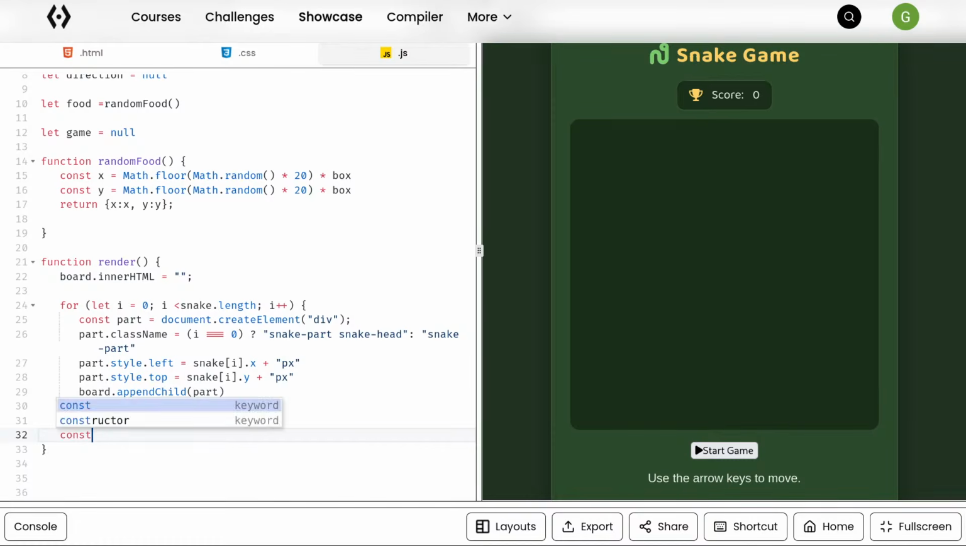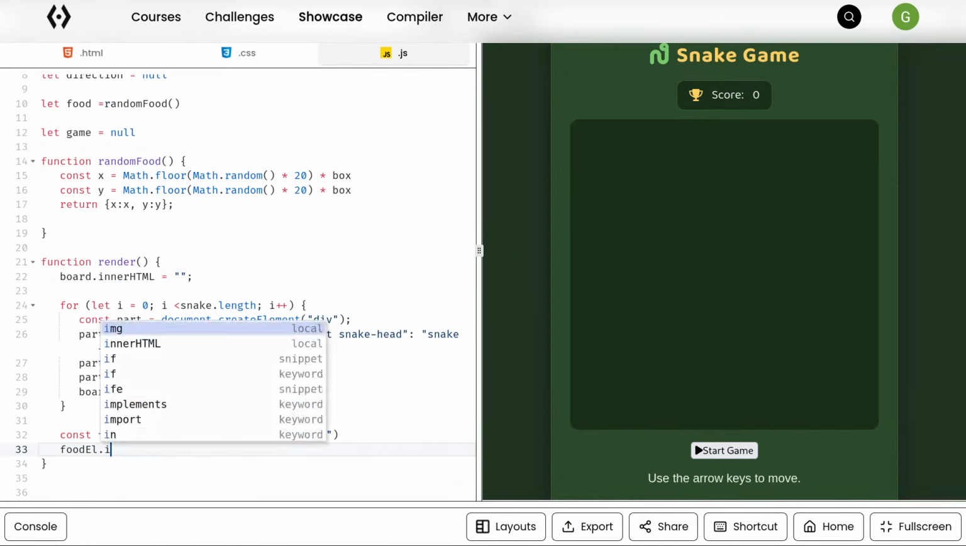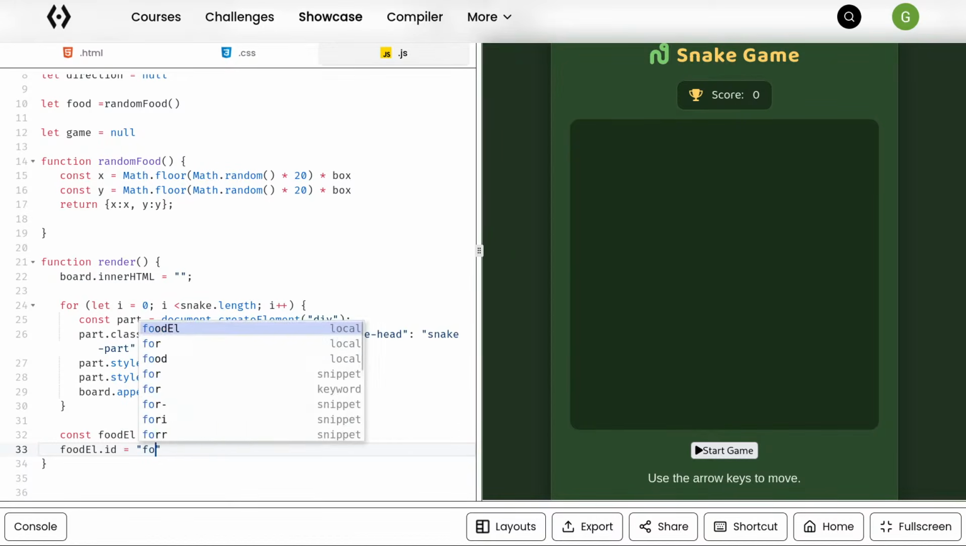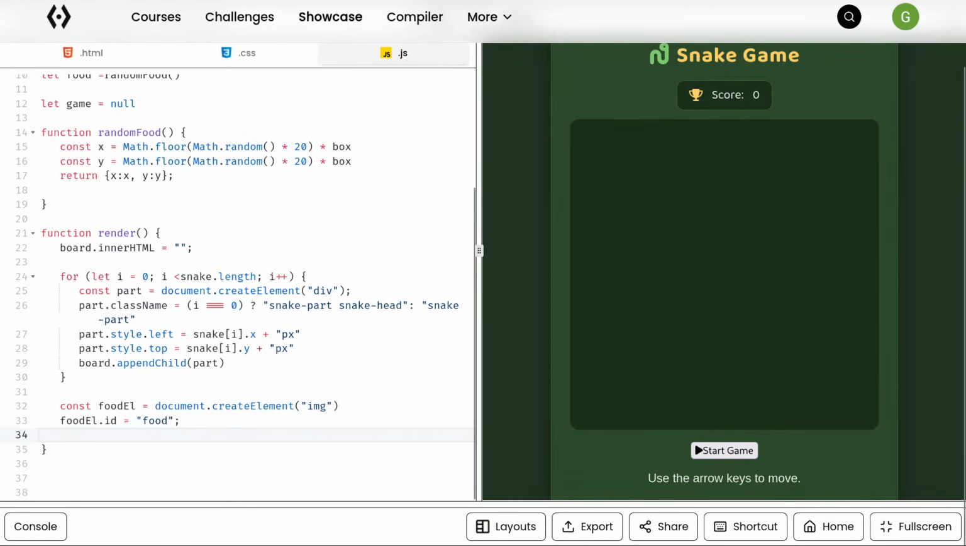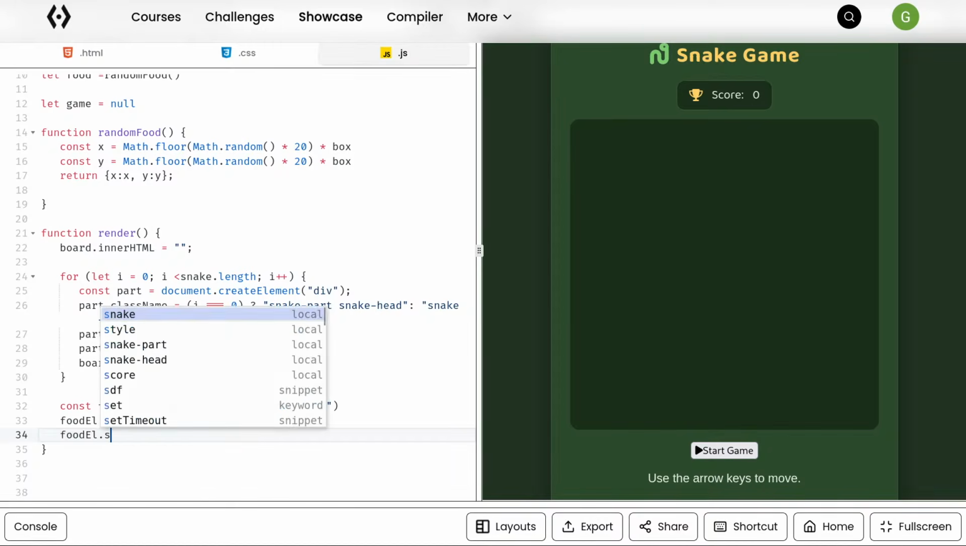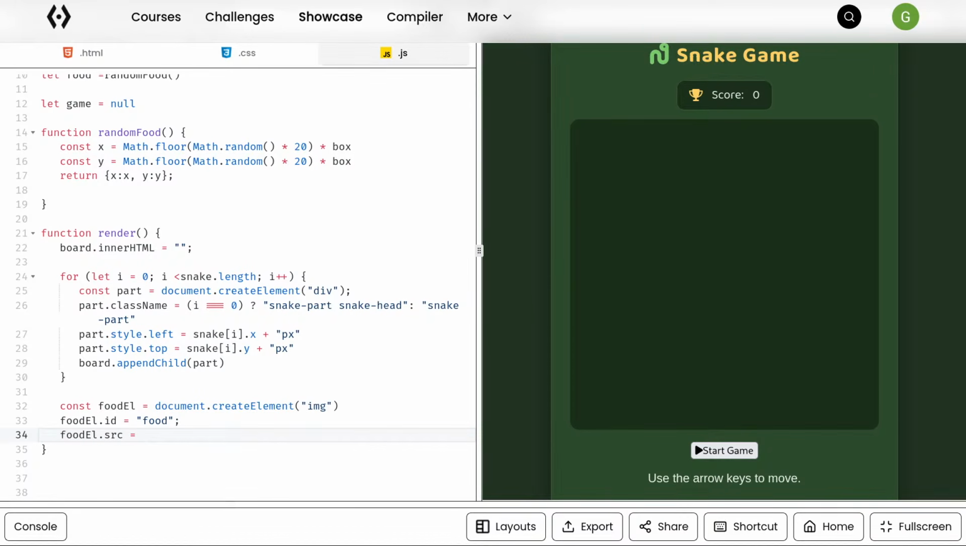So I'm going to do const food element basically. We can just do document dot create element, and we can just create an img, right? Now we'll use that food element, and the first ID for that will be food. So we'll basically make an img tag of ID food. Next is food element src equals, which is the source of the thing. Now I have an image with me. I'm just gonna type, right,